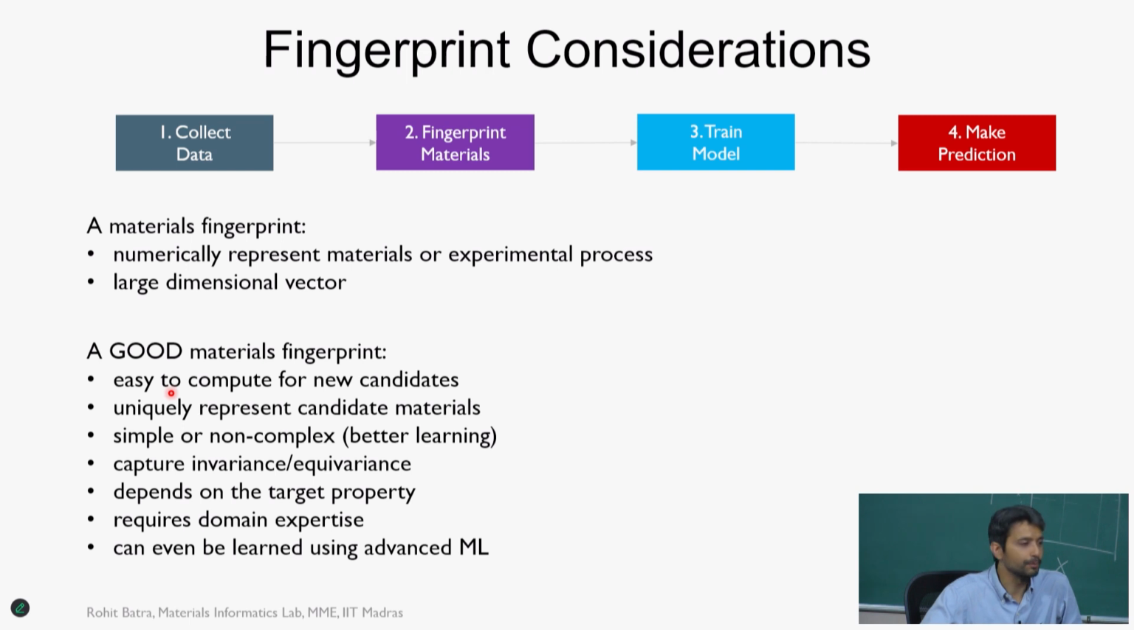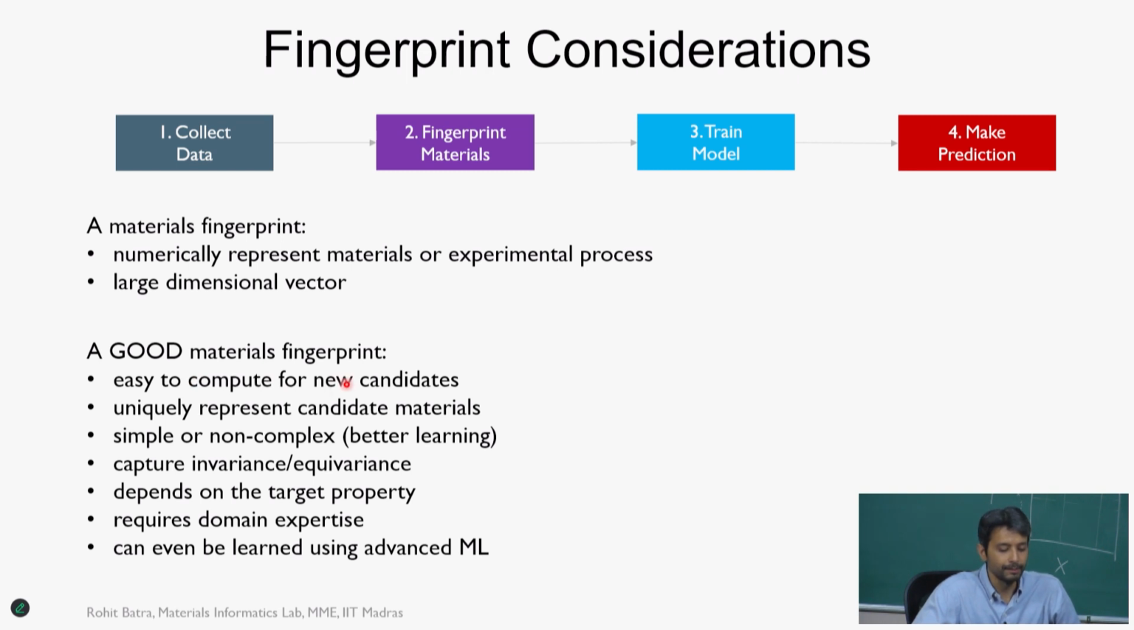So, one important thing is, see, anytime you are making a model, you want to use it for making a prediction later, downstream. So, you want to come up with those fingerprinting strategies which are easy to compute. It should not be that I am using something as a fingerprint which is very difficult to even compute. So,